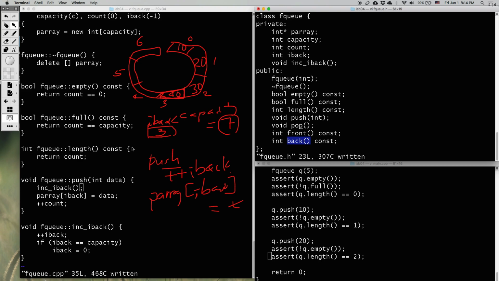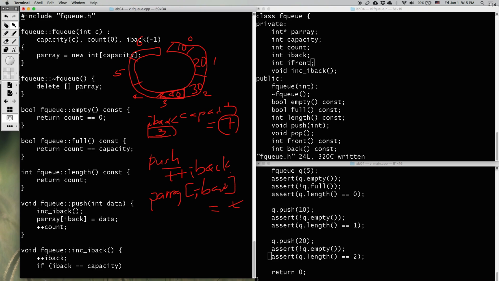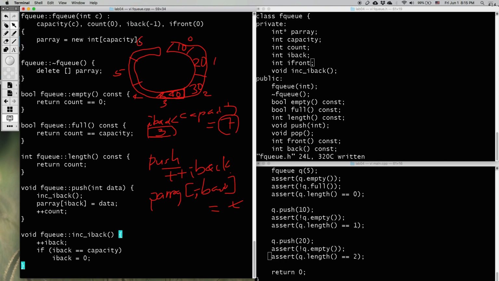So here, to read what is on the front, we need to maintain another index, front. So where is the first data, front? At the very beginning, front is always 0. Initialize that since the first data entered will be at 0. So front will be at 0 as the initial value. Then the implementation,